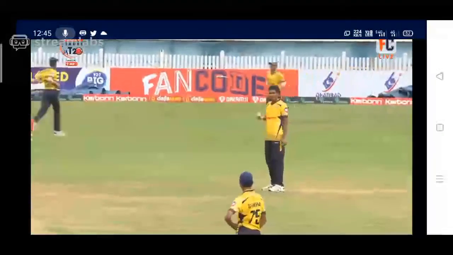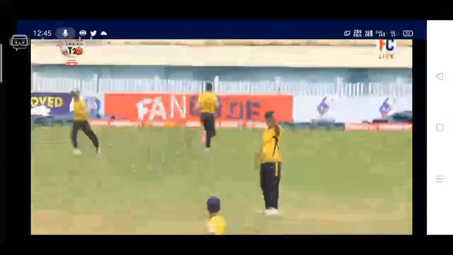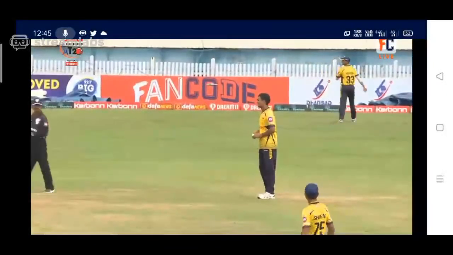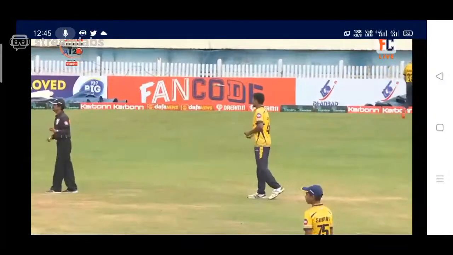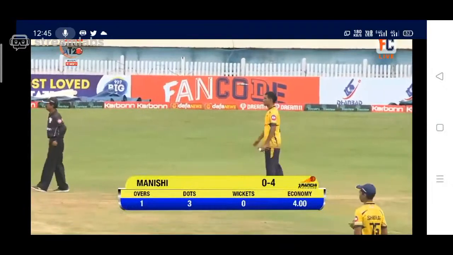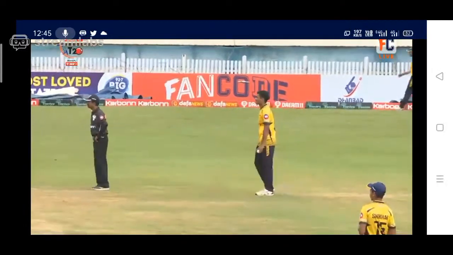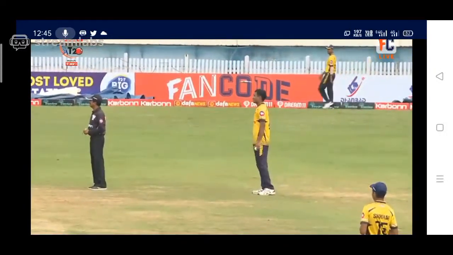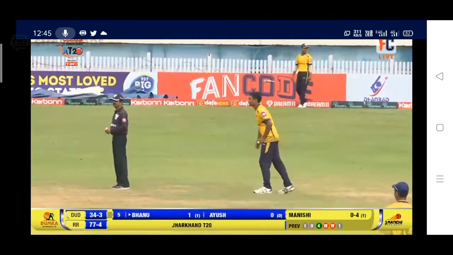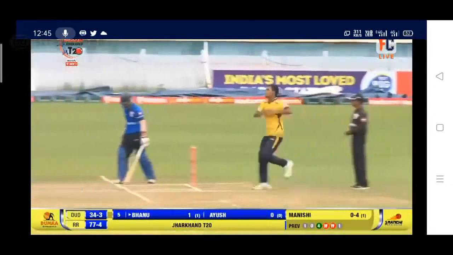And now it's like the match is slipping away from Dumka Devils. And I was very sure that they would not be able to get this run chase from the very beginning because the wicket is not very friendly to the batsman. Yeah, it's not conducive to stroke making. But you never know in cricket.